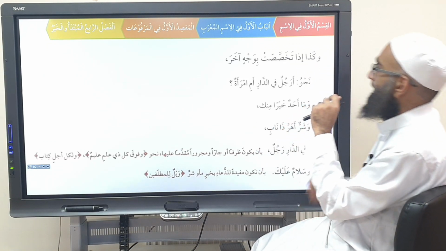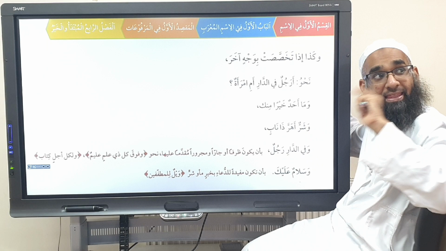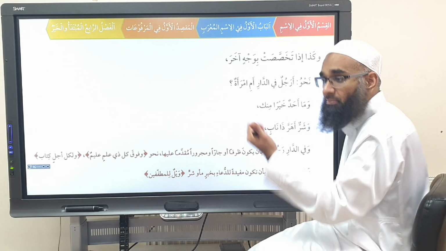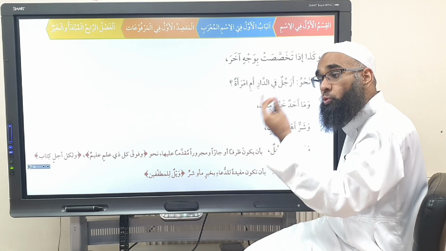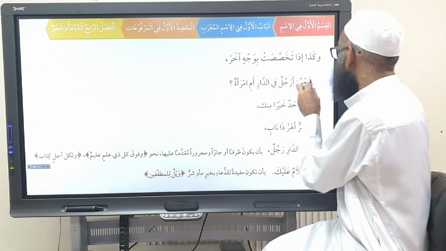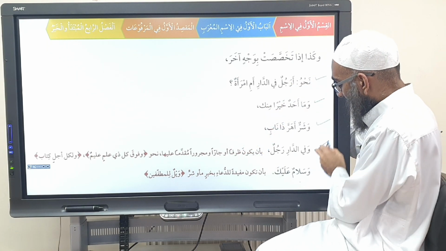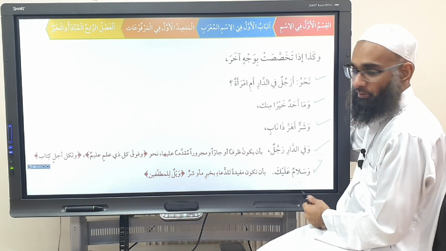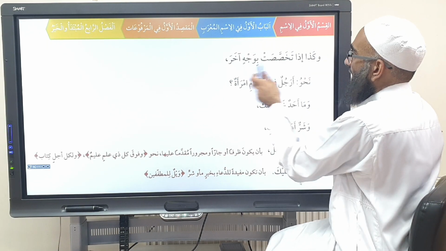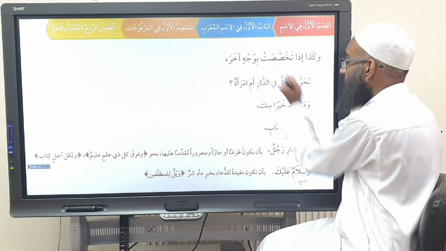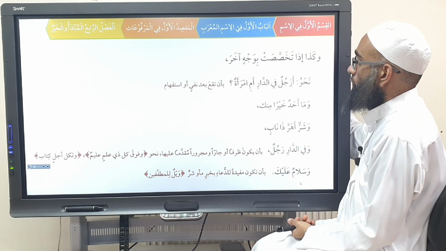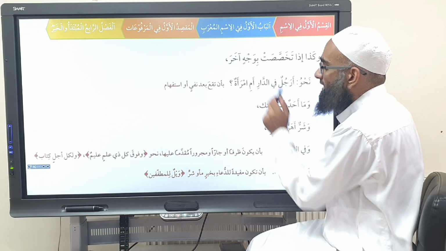This is a bit off track. So that's one way. The other ways of making it ma'rifah: there are other ways where the nakira can become makhsusa. It has some kind of benefit in these forms. He just gives the examples. He doesn't give the rule, so I have to give you. He says, for example, this example, this example, this example, but he doesn't say what it's referring to. So the first example is ar-rajulun fi ad-dari am imra'atun.